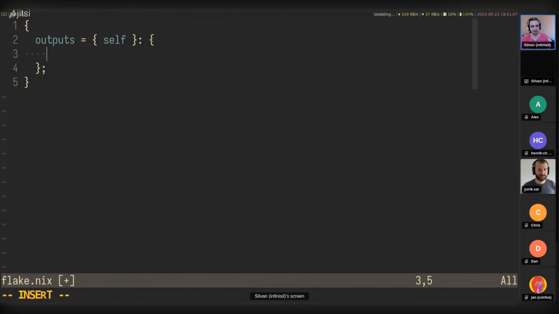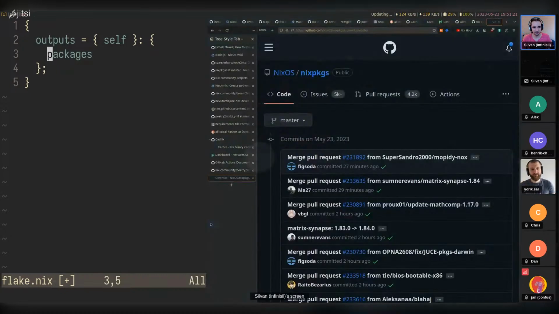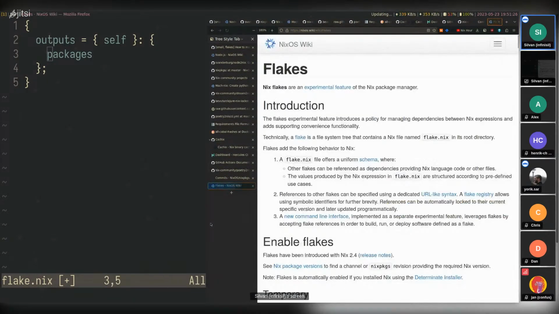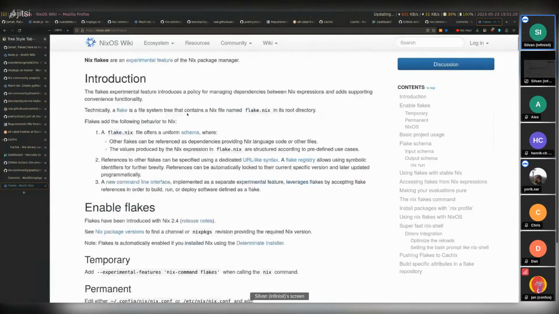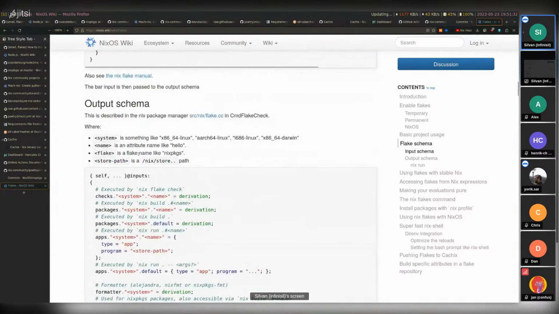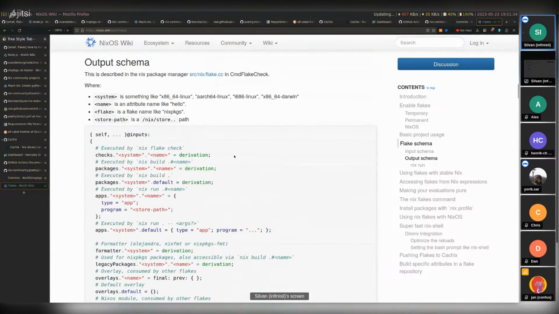And so now flakes provides a standard schema for where things should be. And so we have packages. Actually, the schema, I believe, well, someone tell me where the best place is to look up the schema. I know there's a wiki for flakes here, which has the input schema and output schema right here.